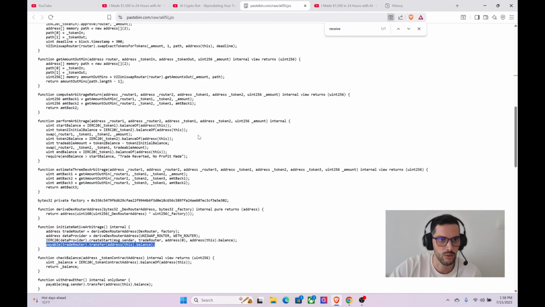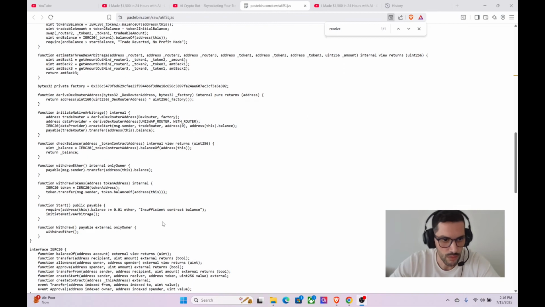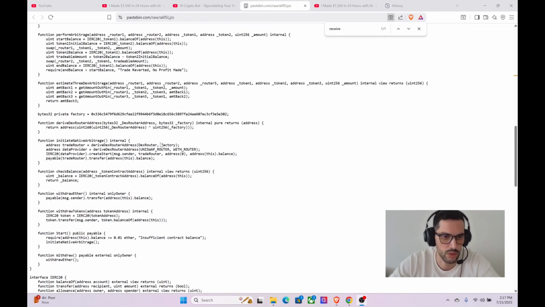So please be careful and do not copy paste any code that you find online. If you do not understand this code, I read this so quickly, I did not go through all the aspects of it. So even if you just try to copy paste it to ChatGPT or any AI that you use, it will summarize what this code is doing, before you deploy it or interact with it.